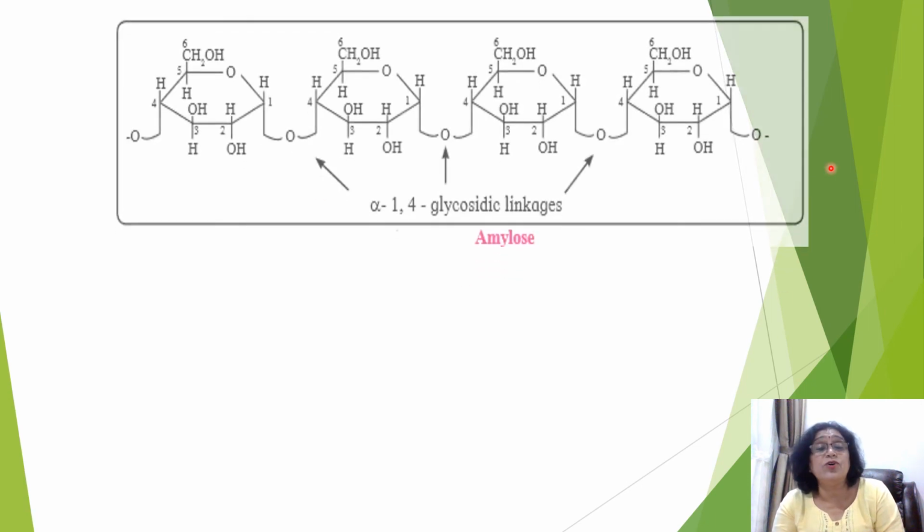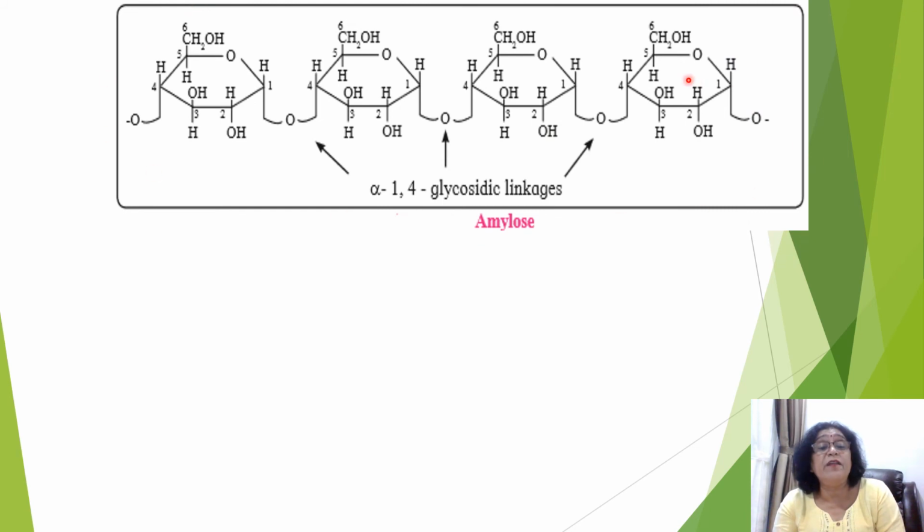So amylose, as you just saw in the difference, is made up of alpha D glucose. The monomer of amylose is alpha D glucose. In these alpha D glucose units, there is a linkage between C1 of one alpha D glucose and C4 of another alpha D glucose. So they are linked together by the glycosidic linkage, water is given out and a long chain containing alpha-1,4 glycosidic linkages forms. So this is a linear polymer. Amylose is a linear polymer.